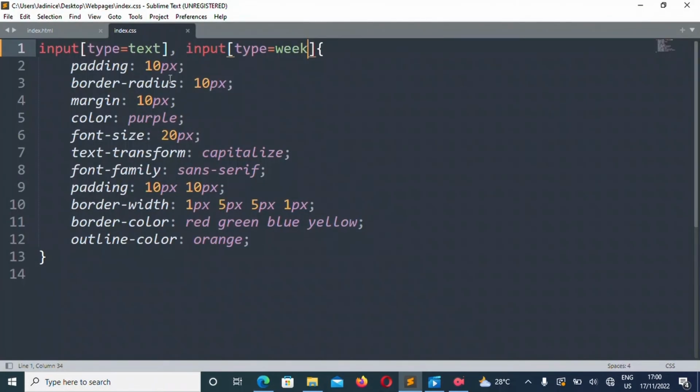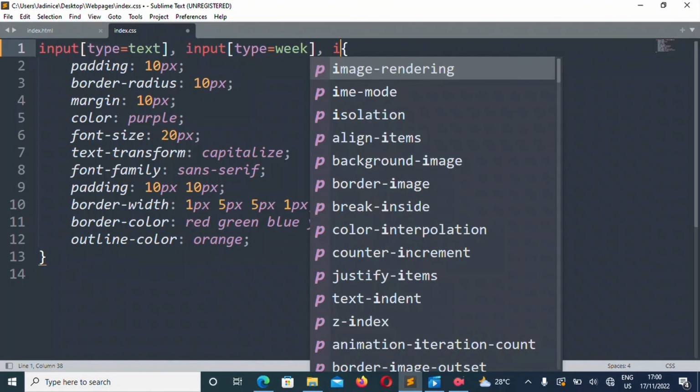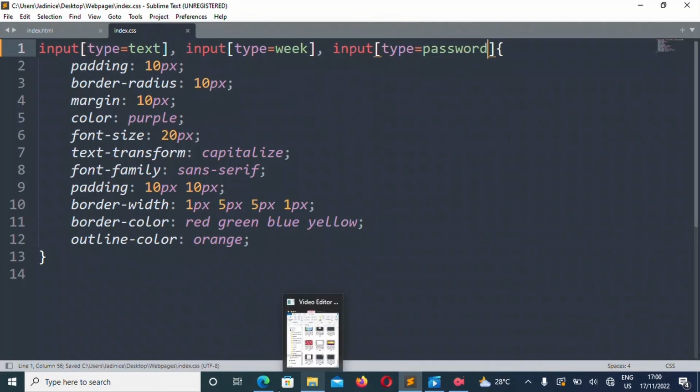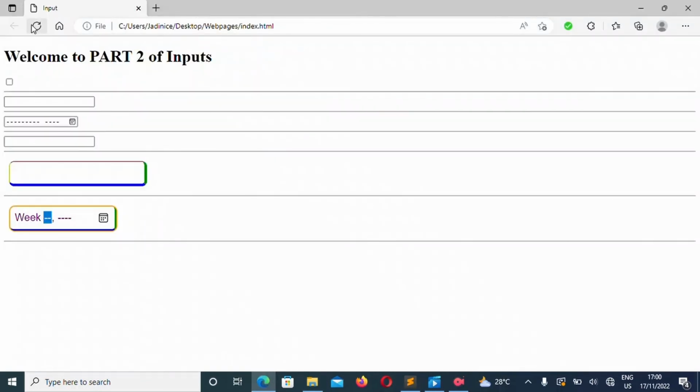You can even use this comma notation in the div as well. So you add another input. I would like to style another one, the password. Then I'll save it, and then I refresh.